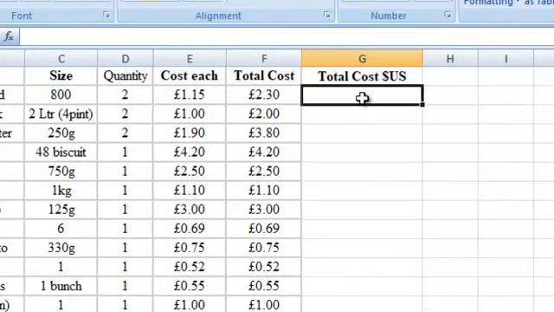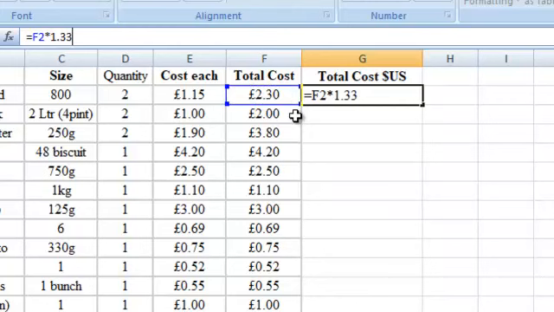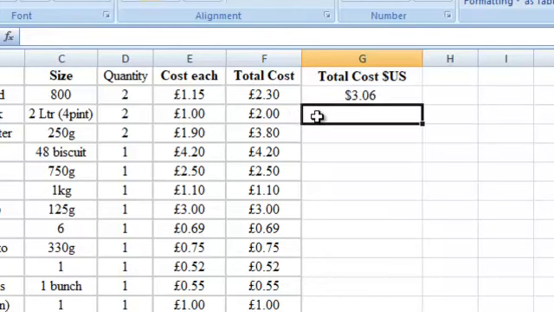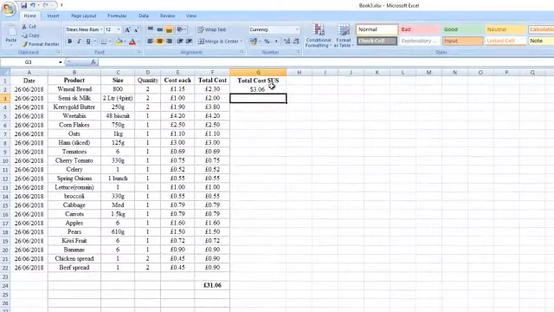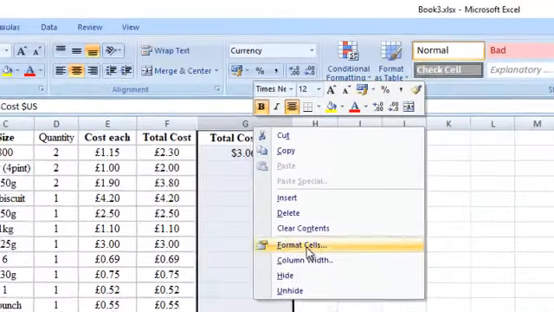And in here we put equals this figure here multiplied by 1.33, and that should give us $3 US. The only thing I missed out there is showing you, if I highlight the circuit and click